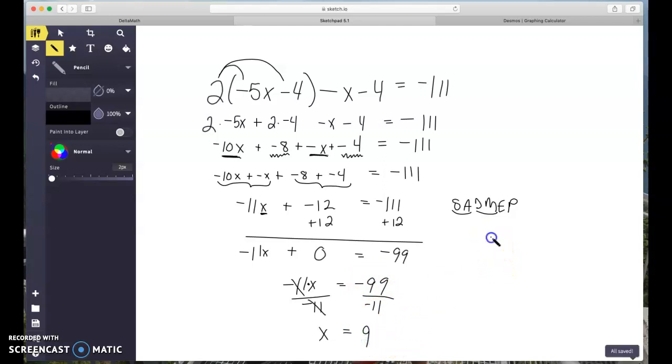Of course, my last step, as always, is to check my work by plugging back in. So 2 times negative 5 times 9 minus 4,